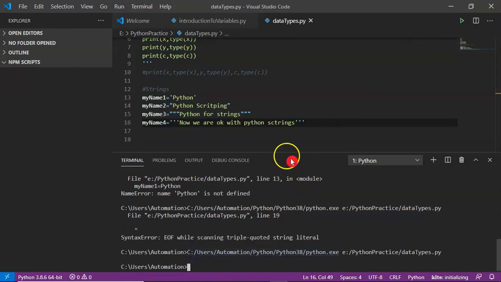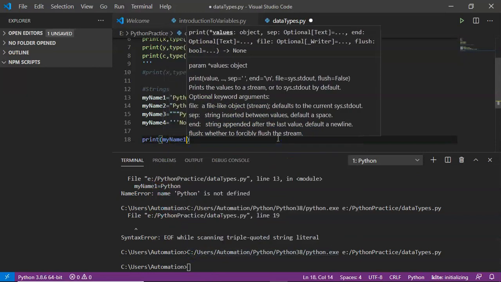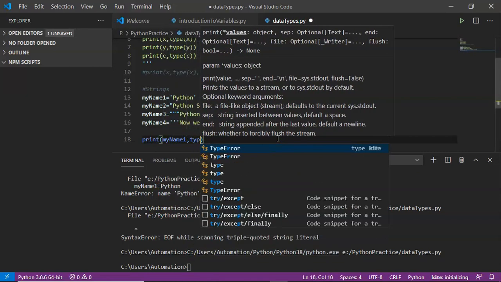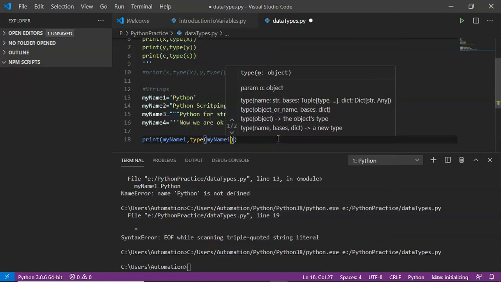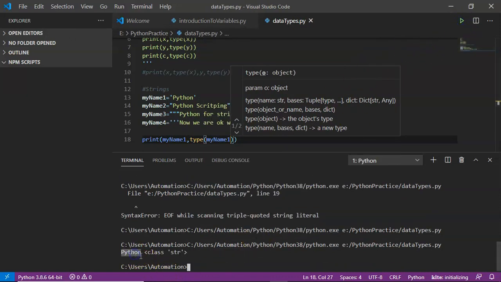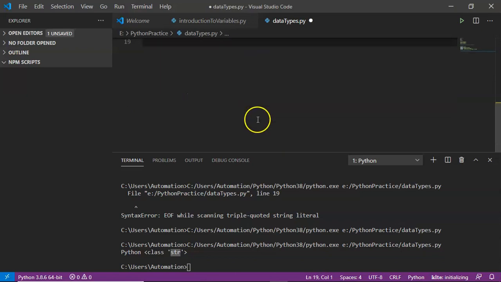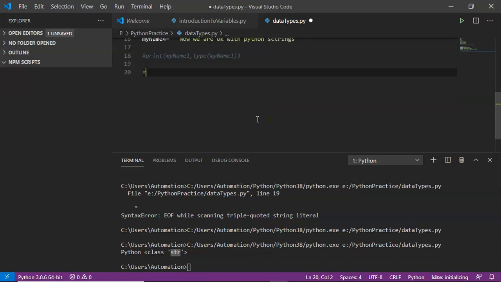Now there are no errors. That's fine. But we need to print any one of the string variables, and then I want to see the type of that. Anyway, that is string. See the output, Python, and that is a string. That's fine. So this is about strings. Now let me comment this print. See, we know what will happen whenever we comment a line, it won't execute while running your program. That's fine. The next thing is